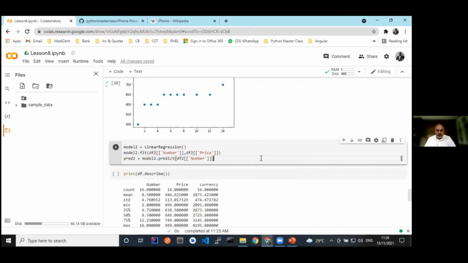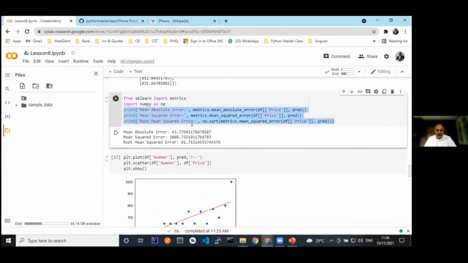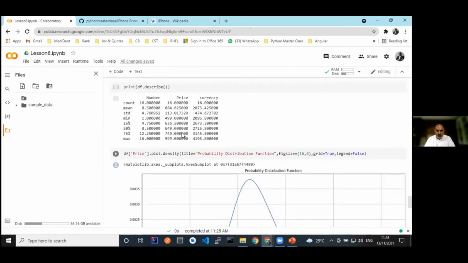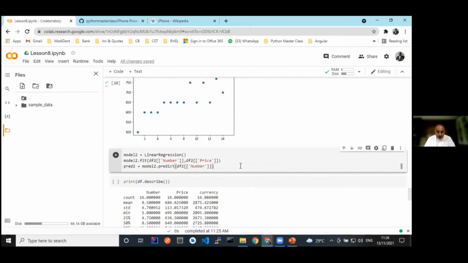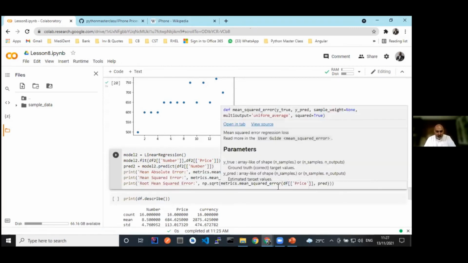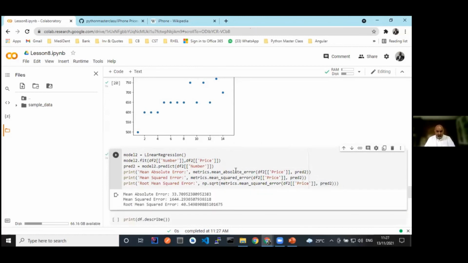Then what we can do is we can just copy this code here. Because we've already imported these things, we don't have to do it again. We can paste it here, but now we're going to pass in df2. Same thing, df2 all the way, because it's a new data set, and we're going to put predict 2. So we are going to run this, and you can see now it's got a new set of